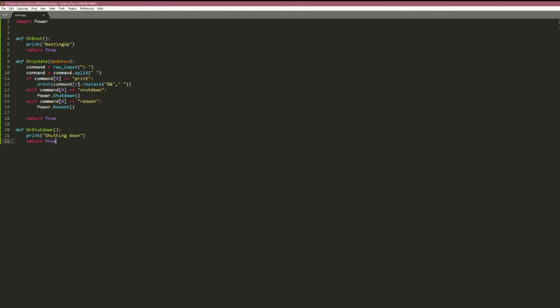It's on boot. It's like the message we see while we are booting. It's on update. Oh, that's the wrong one. This is just input, sorry. On boot, it says booting up, and returns true. If it does not return true, the system crashes, and you can see a kernel panic. I made an extra screen for that, the kernel panic screen, where it says it didn't return true,